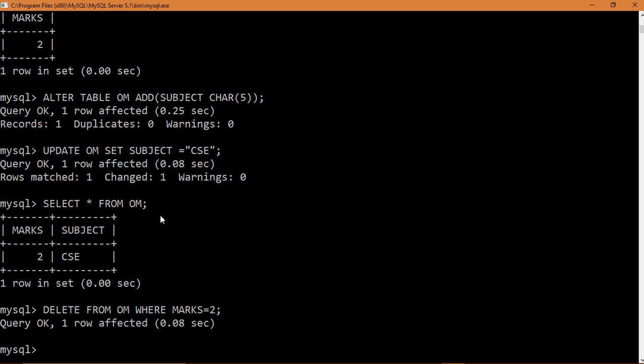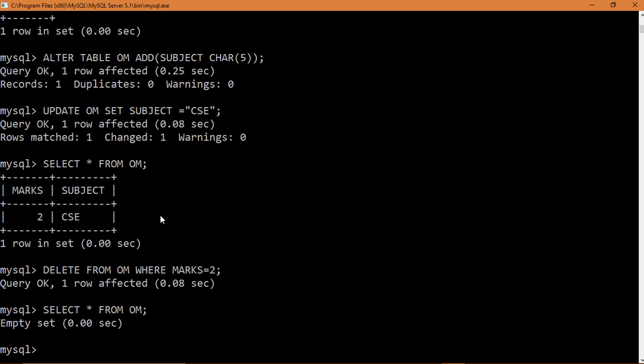Okay, so you will find there is nothing in the table. Now if I see the result after using this select statement, select star from Om, you will see there is no entry in it. Why? Because it is writing empty set now, because there was only one row and that we have deleted. Okay, in this way you can delete a particular row which satisfies your condition from that particular table.